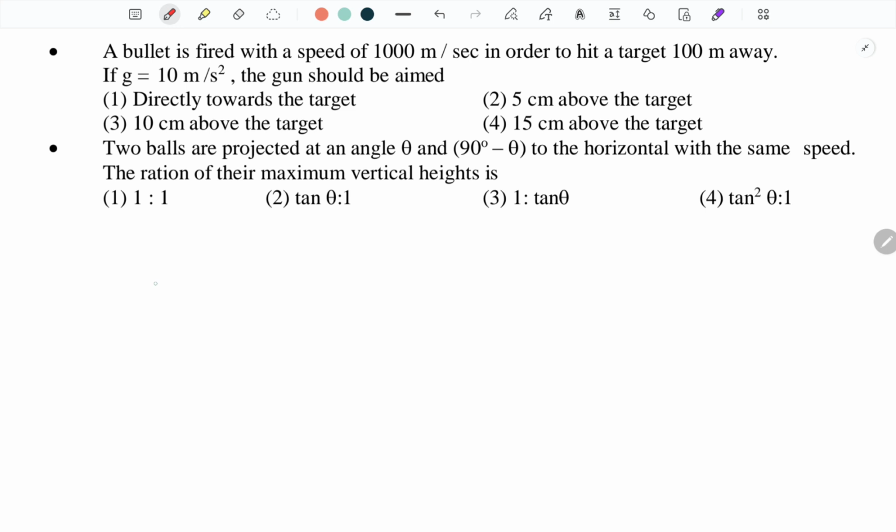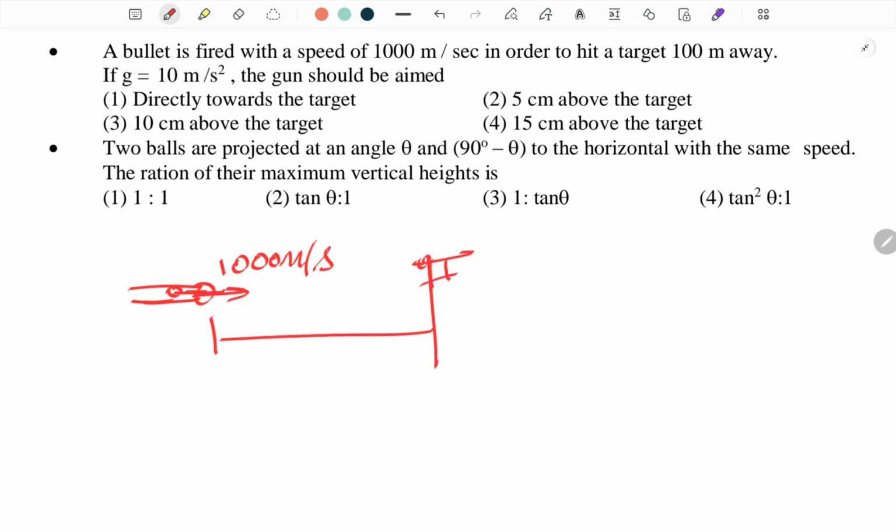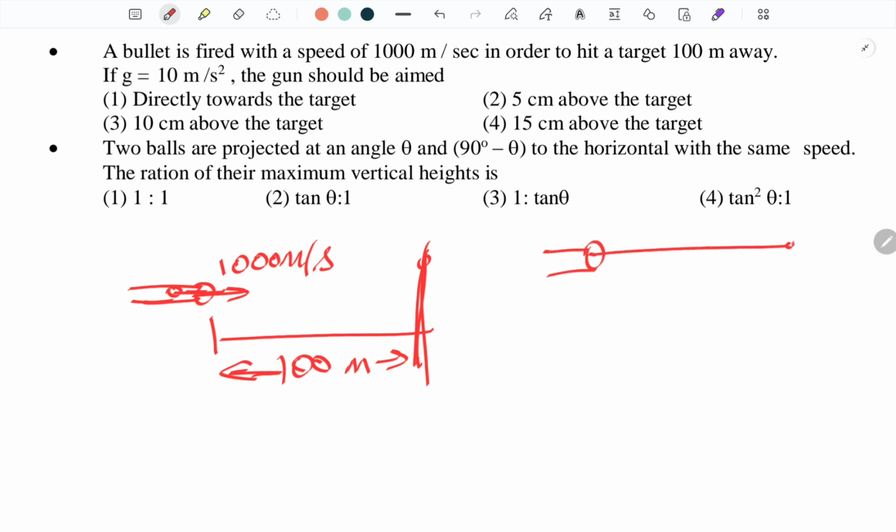Let us try to understand the question. This is the barrel of the gun where the bullet is going to leave, okay? It is leaving at 1000 meters per second in order to hit a target, say this is your target, okay? This wall which I am drawing, let us say this is the target, it is 100 meters away, okay? If g equals 10, the gun should be aimed at, obviously you see when you aim straight forward